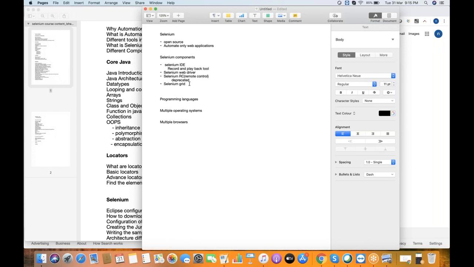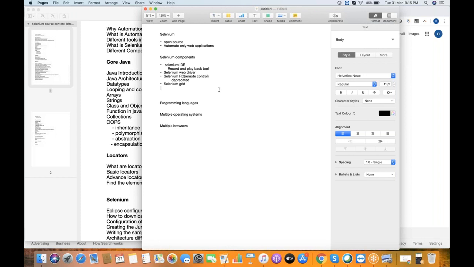Even while learning, we target some major browsers. But if we want to execute our test cases on various combinations of operating systems and browsers at the same time, even targeting some mobile browsers, then we have to use Selenium Grid.